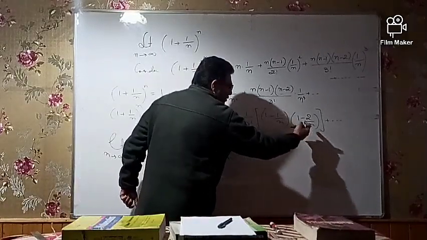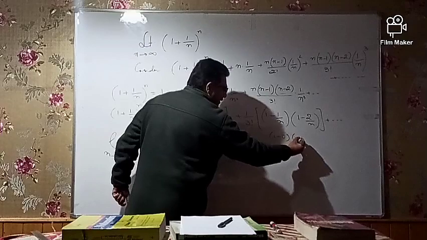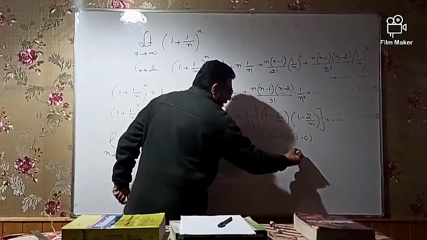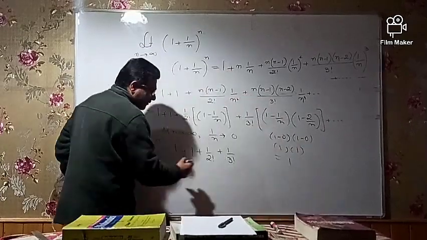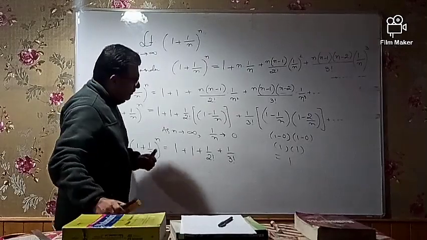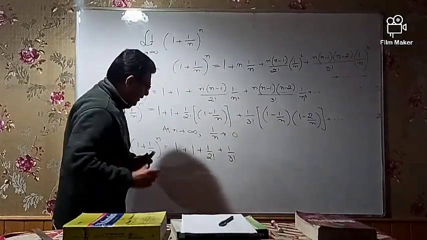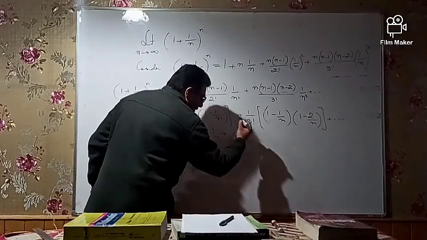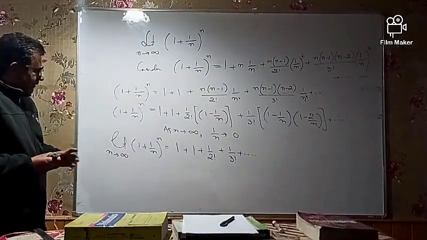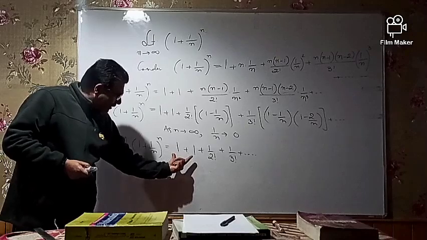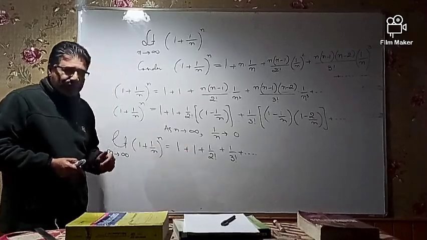1 minus 0 will also be 1. Because it is 1 minus 0, it is 1 into 1. That is equal to 1. So it is 1 by 3 factorial only. So I will write 1 by 3 factorial, and so on. Now, I would like to find the value of 1 plus 1, 1 by 2 factorial, 1 by